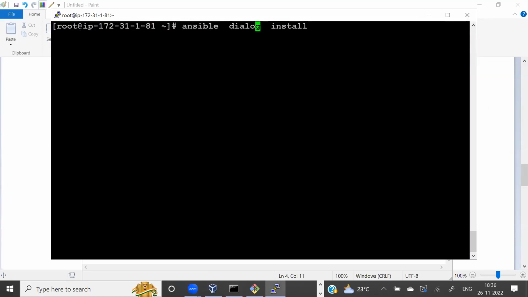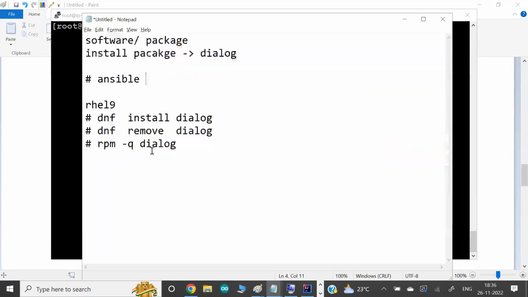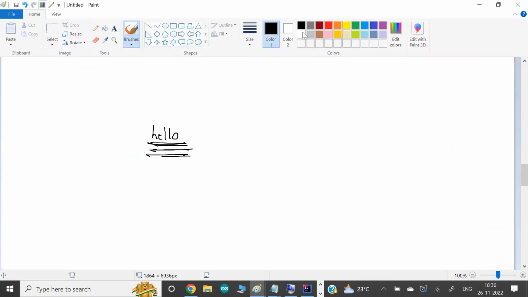Tell Ansible: Dialog is software, it's a package, and I want you to do package management for me. Package management means installing the software. For every activity, in every OS, whether Unix, Solaris, Linux, Windows or Mac, we have a limited set of things to do. The command and the way may be different, but the things are limited: put data in a file, open a file, change data in a file, create a file, delete a file, create a folder or directory, install software.